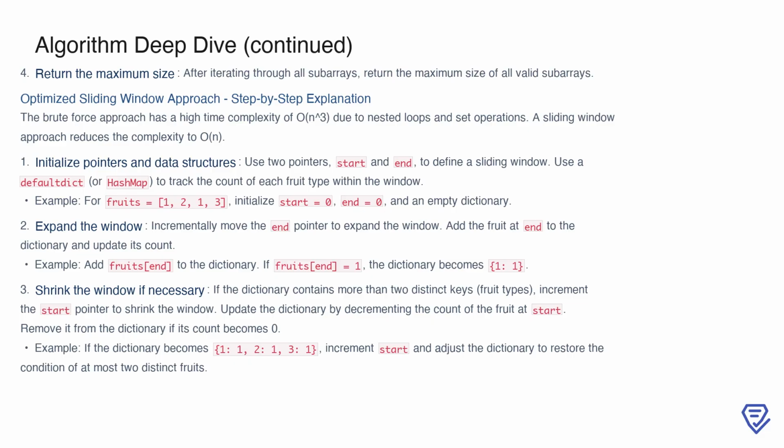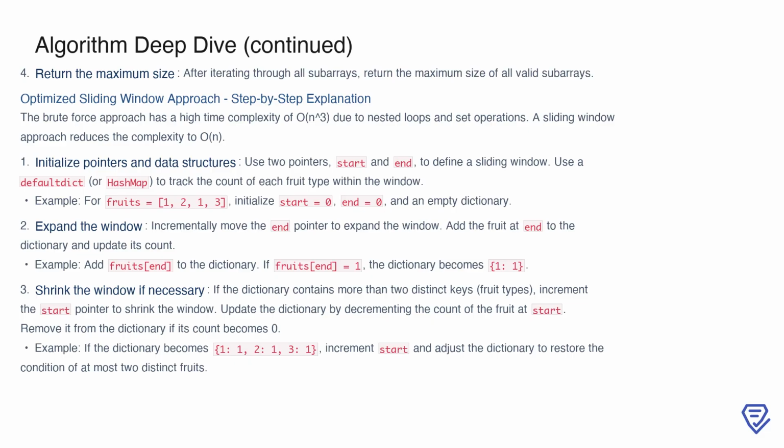Next, we expand the window by incrementing the end pointer. Each time we add the fruit at end to the dictionary and update its count. For example, adding the fruit 1 results in the dictionary {1: 1}. If, at any point, the dictionary contains more than 2 distinct keys, we shrink the window by incrementing the start